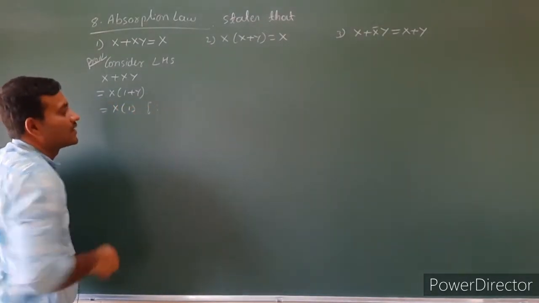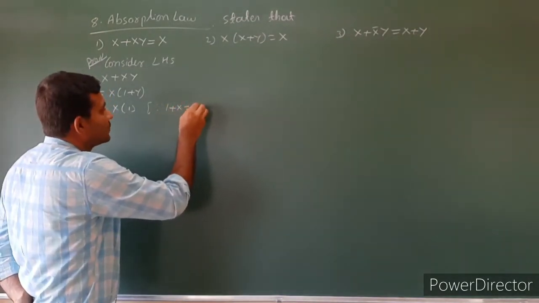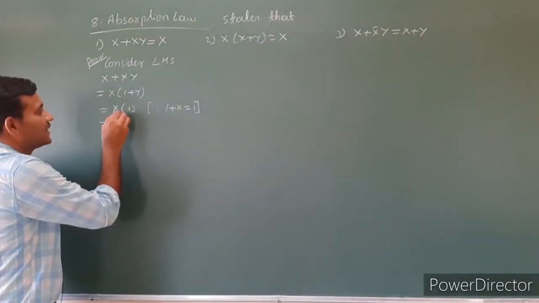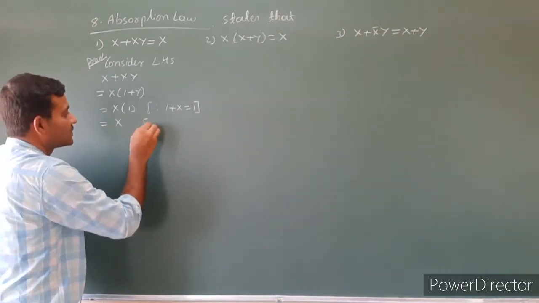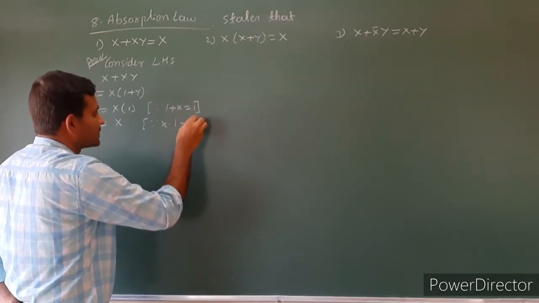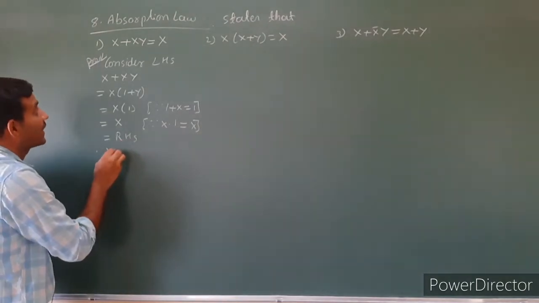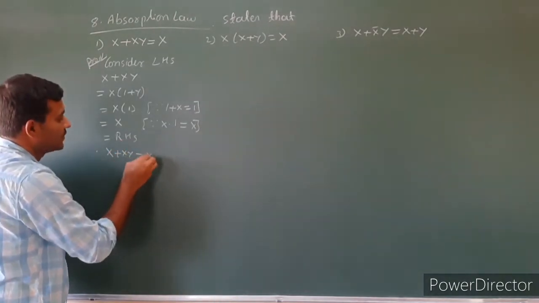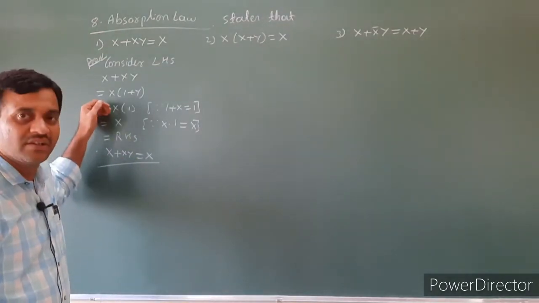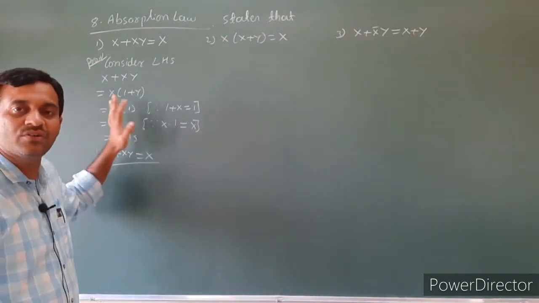Why is it? Because already we discussed in the properties of zeros and ones, 1 plus x which is equal to 1. Then next one is, x into 1 which is equal to x, this is also in properties of zeros and 1, x into 1 which is equal to x. That is the right hand side, which therefore we have to prove here x plus xy which is equal to x. Just take a common factor, then apply the properties of zeros and ones, then we have proved that left side is equal to right side.